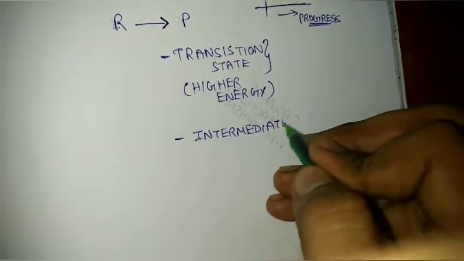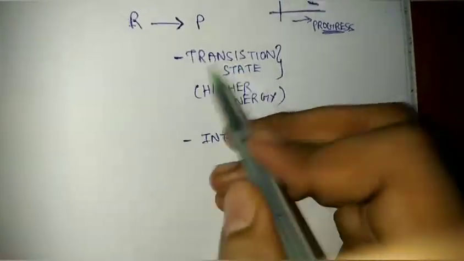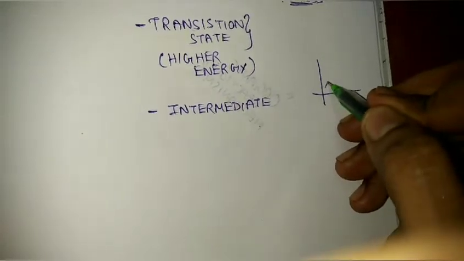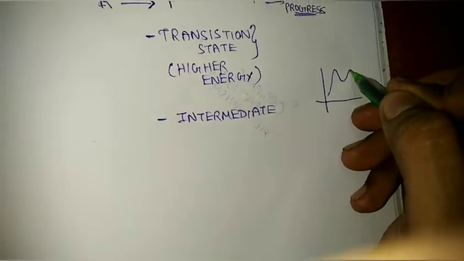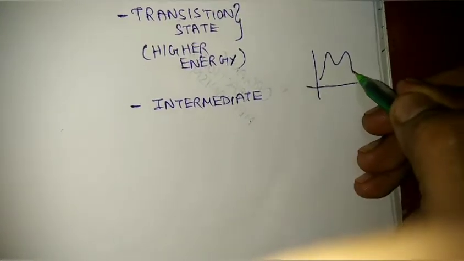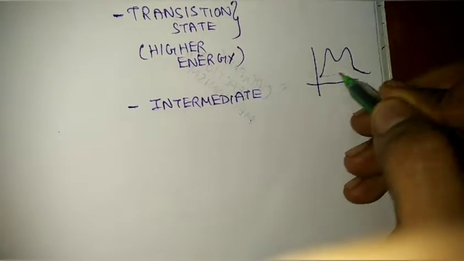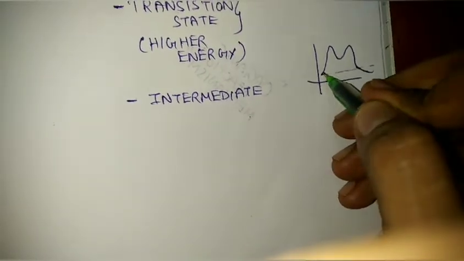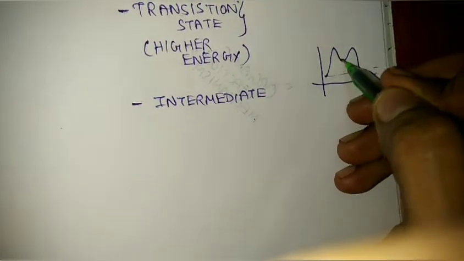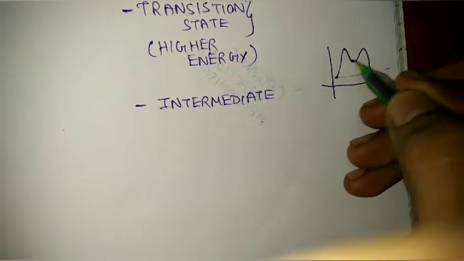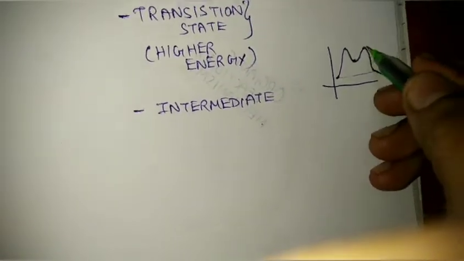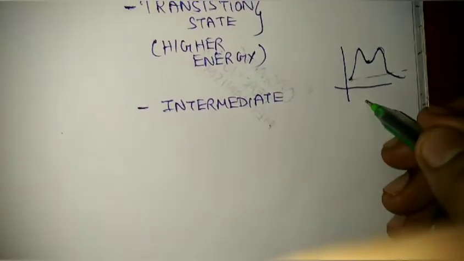The intermediate is also of higher energy, but it is not a transition state. Consider another reaction in the same way, but it goes like this, and like this, and like this. What can I observe here? The reactant is here, at some energy, and it goes up to this transition state, and suddenly decreases to some platform here. Again the energy suddenly increases, goes to another transition state, and suddenly decreases to lower than the reactants.